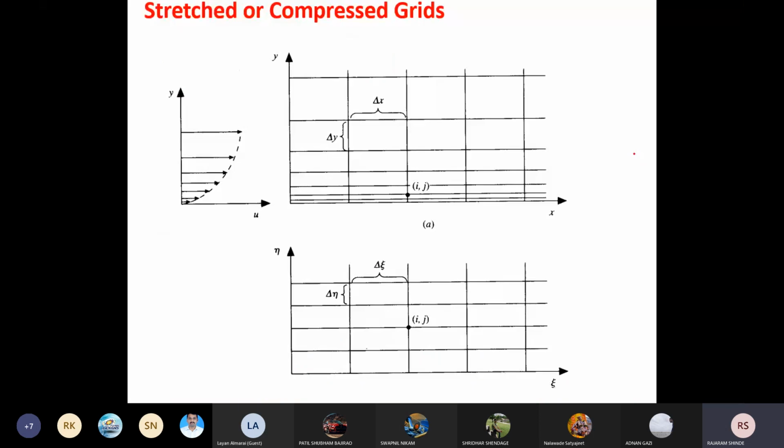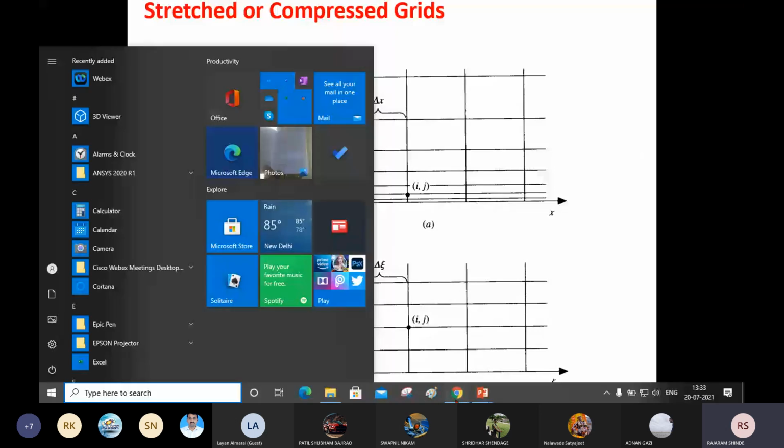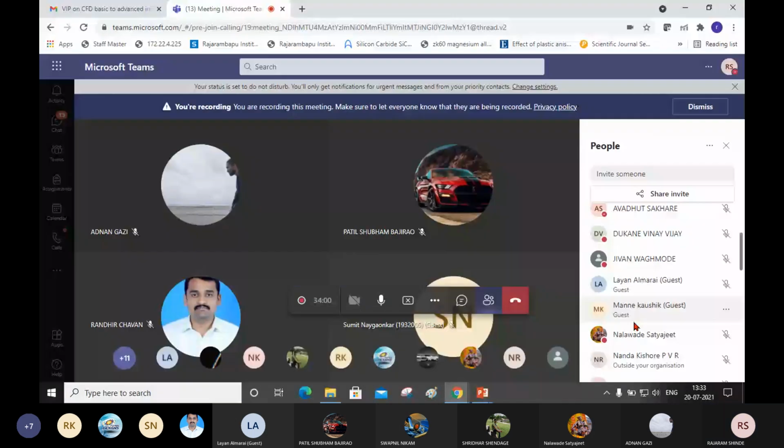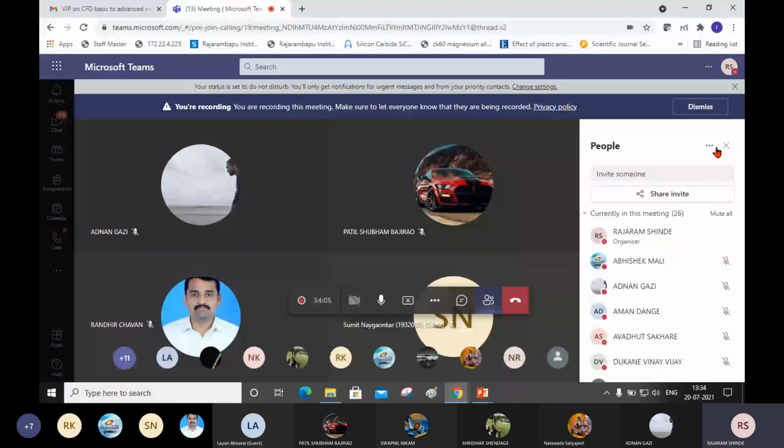You see here, it is again your well-known flow problem, that is flow of viscous fluid over a flat plate. Before going to start this, if you have doubt you can ask me. Yes, any doubt here? Grid transformation, we need to transform the differential equations from the physical plane to the computational plane. That is important.